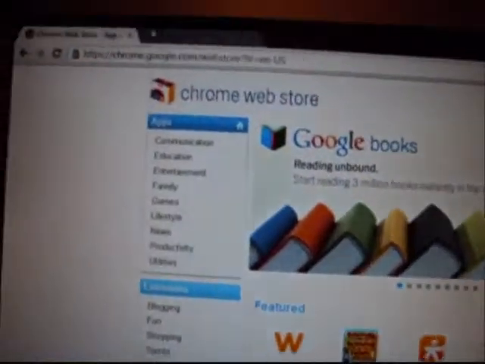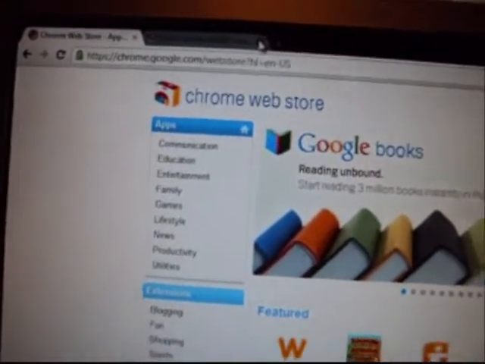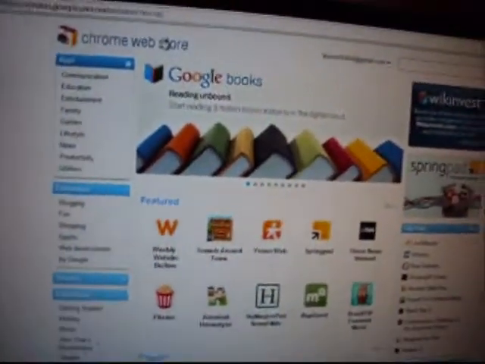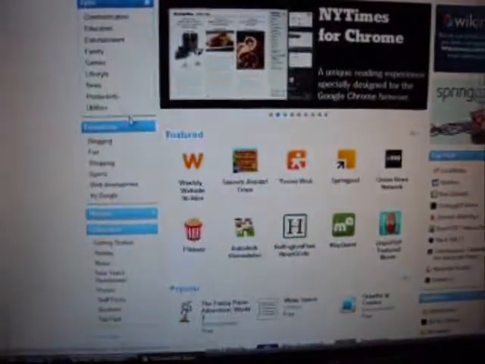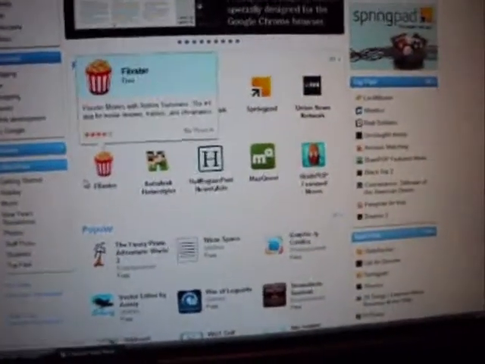If I click it, it goes directly to my Gmail. Anyway, back to this. This is what basically the operating system is going to consist of. You're going to be able to install apps, extensions, themes, etc.